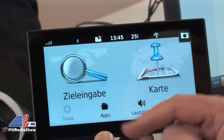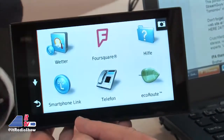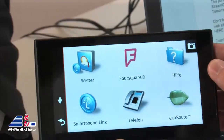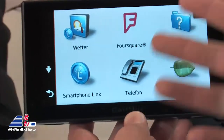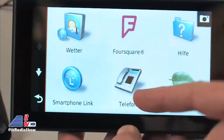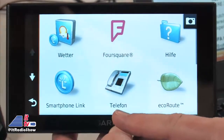With the new series, we have brought some features from our high-end devices down to the advanced series to give the users also buying a sat-nav, for example, we have things here under apps like weather and Foursquare, and telephone. Does this mean that it then works with our smartphone or something in the vehicle? Of course. This device is